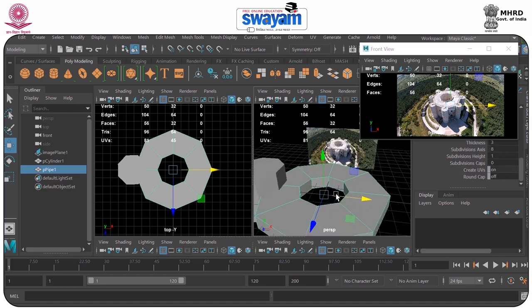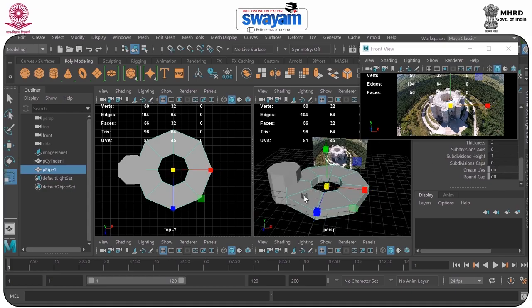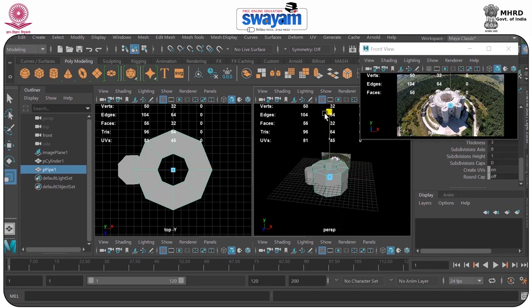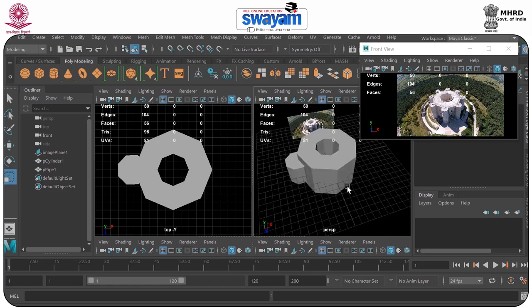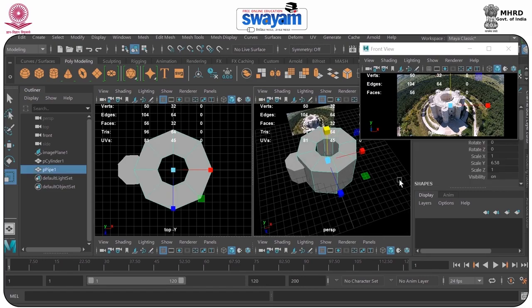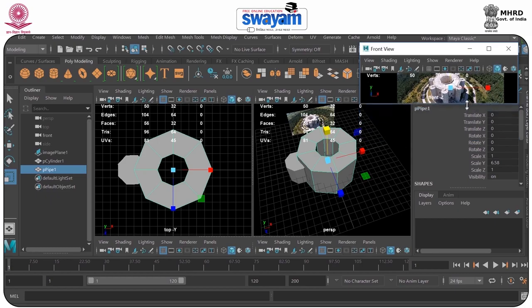So manually what you can do, you can scale it and increase the height of the model. Fine. So here you can see this is a model ready as per the reference.